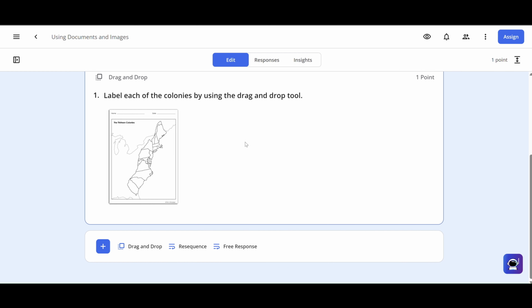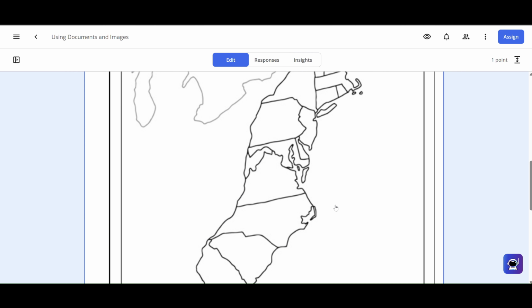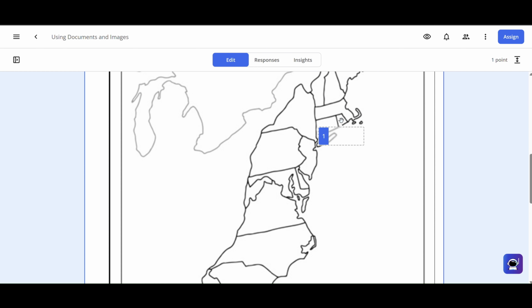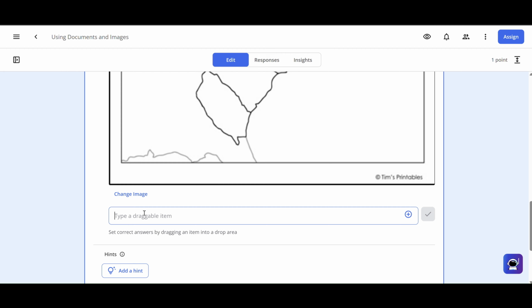So now that I've done that, if you click outside, it minimizes it. Click back inside, it makes it large again. I'm just going to click a couple of spots here. I'm going to choose this spot, little old Rhode Island there. Very tricky, got to get in just the right spot. It has created a blank for me, but I have nothing to drag and drop yet, so I have to go down to the bottom,